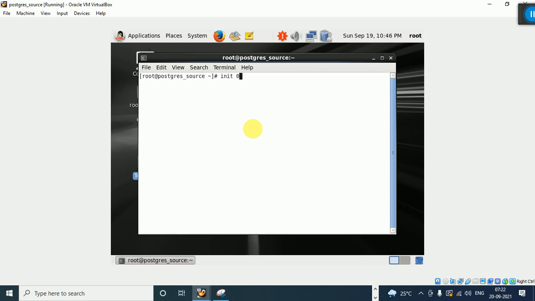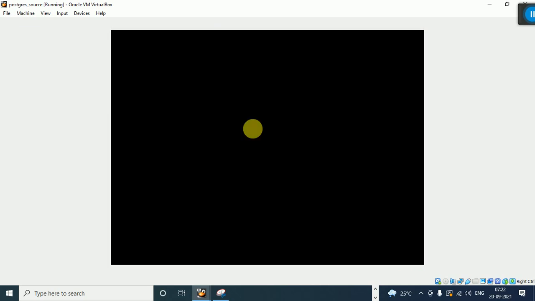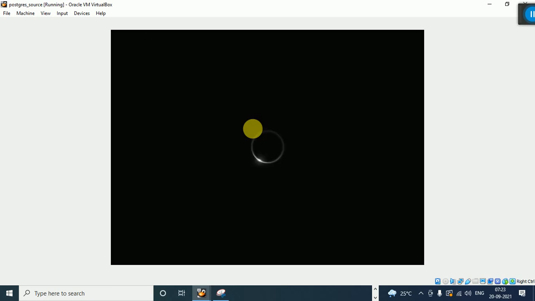This is the command to shut down any Linux machine. Once we learn these commands, you can utilize them anywhere. The command won't change. Whenever you want to shut down the Linux machine, just give init 0 and press enter. It will shut down the Linux machine.